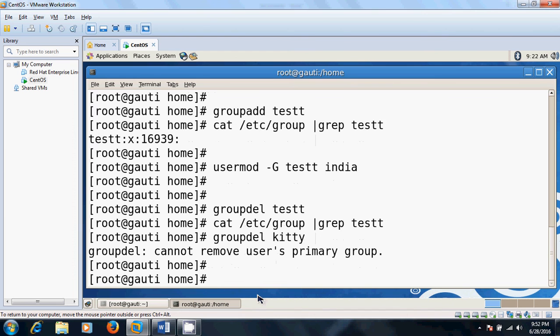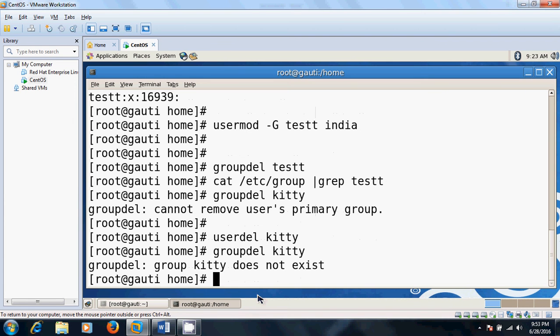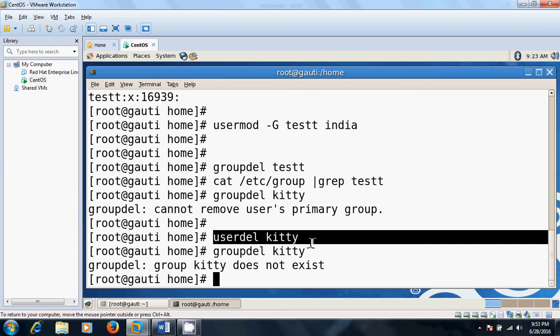Okay, now go to the user delete. userdel kitty. Then group kitty does not exist because we already deleted the user. It is automatically created with the user, that's why it doesn't exist.